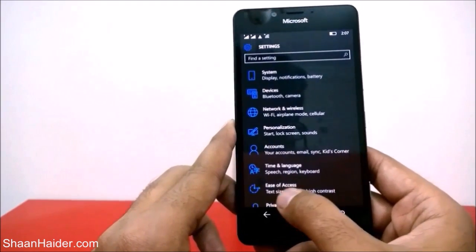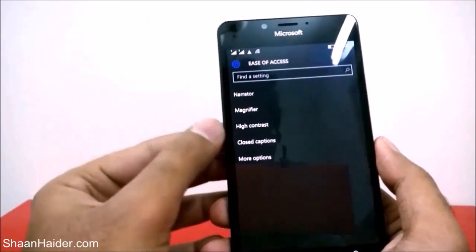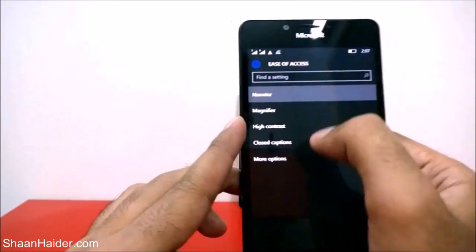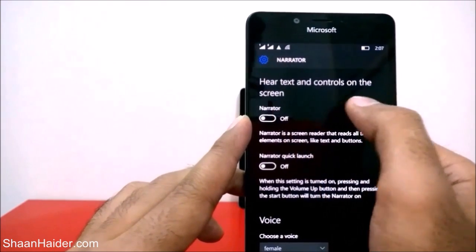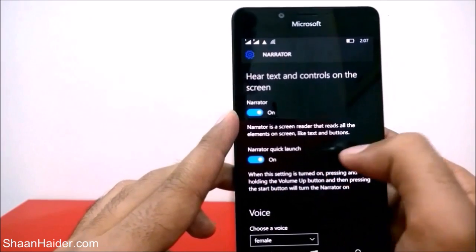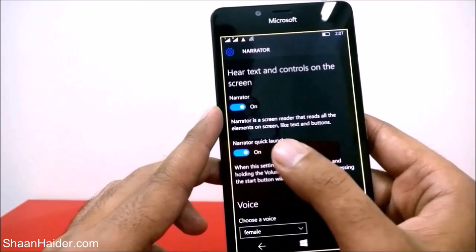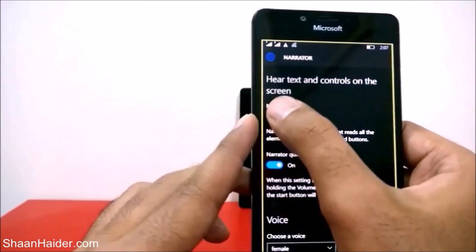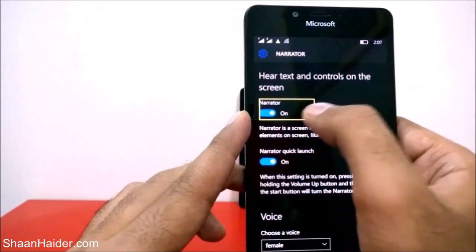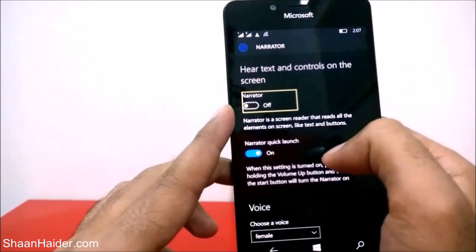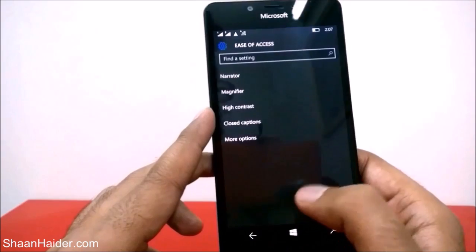And then if you go to ease of access, if you tap on it, you will find a few options like narrator, magnifier, high contrast, closed caption. If you go to narrator, then you can hear text and controls on the screen if you just turn it on. You can see that it was just telling me that it's settings of Windows. You can just turn on narrator, or toggle switch, double tap to toggle off. Exiting narrator. So this is how you can use the narrator application, and you can even choose the voice, male